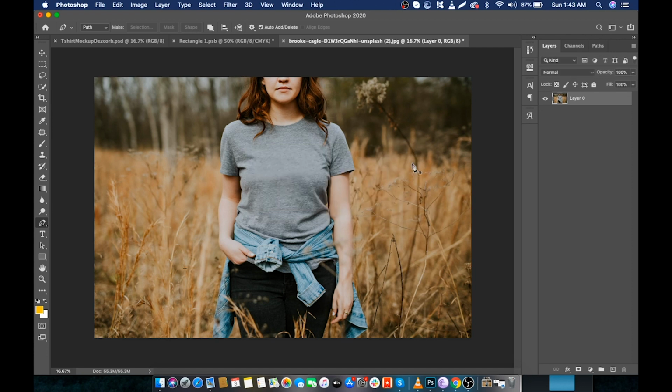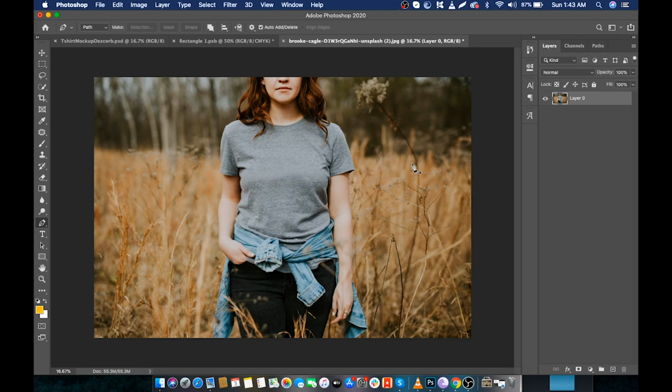A displacement map is basically used to give texture to a flat surface. It means that with the help of the displacement map, our design will take the shape of the t-shirt. In our case, it would not make any major difference as the t-shirt is already flat, but small details matter, so we have to do it.